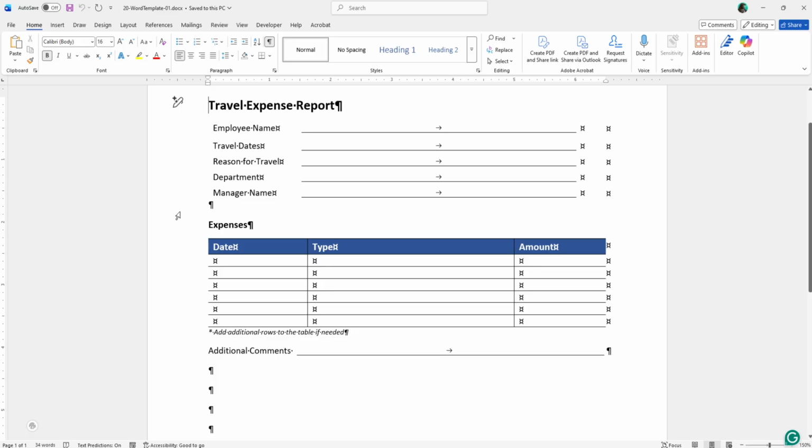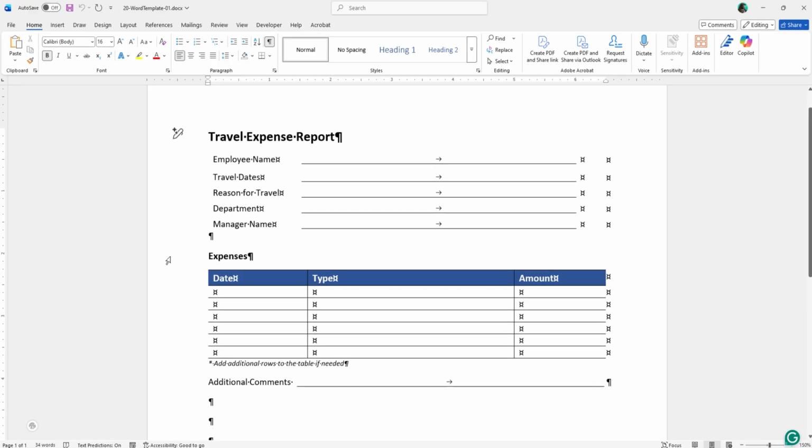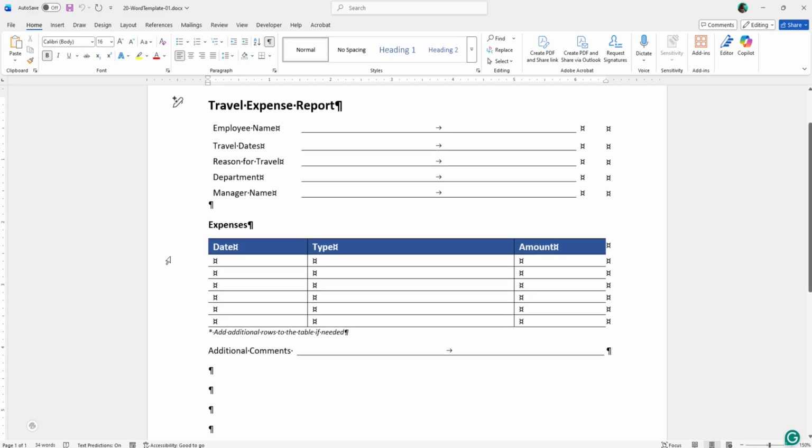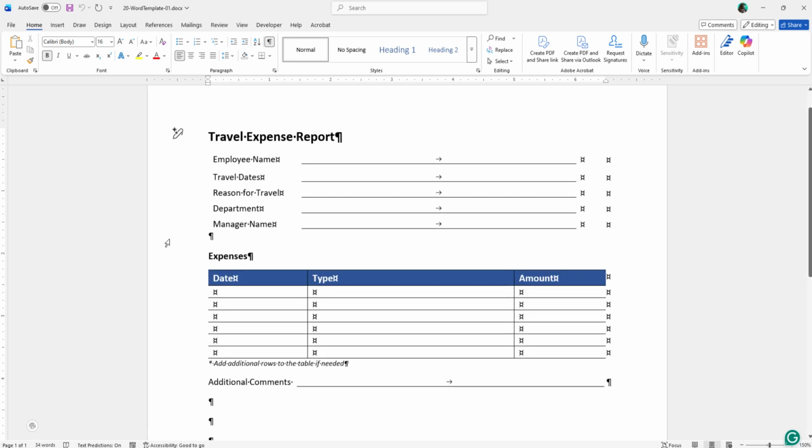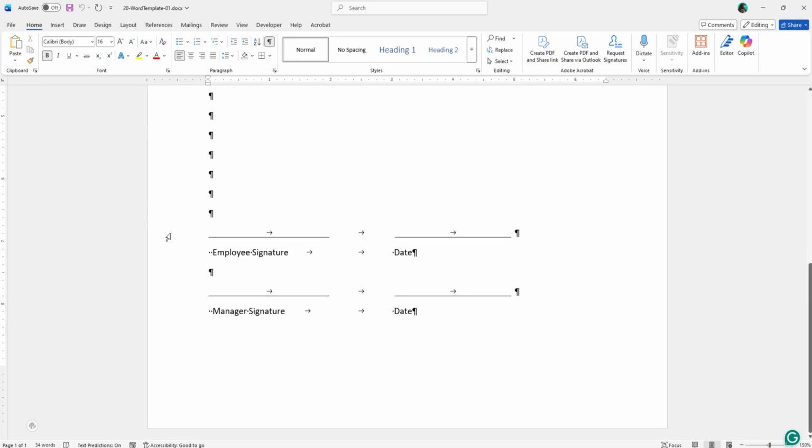But our use case today, let's imagine you're in a profession where you travel a lot, and every time you travel you have to submit a travel expense report to get reimbursed. Rather than having to save this blank version of this document somewhere on your computer, you could just go ahead and save a template of it on Microsoft Word, and then you can access it at any point. So now that we have it open and we're ready to go ahead and save it as a template,